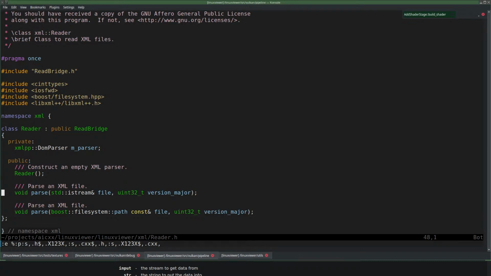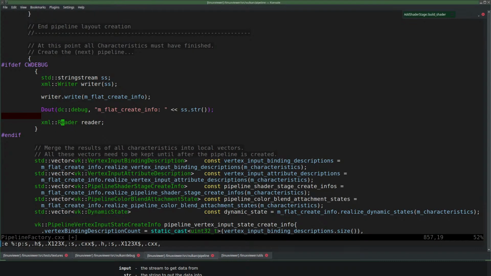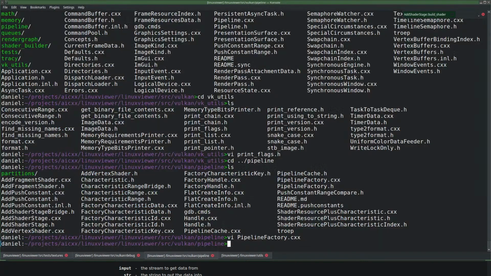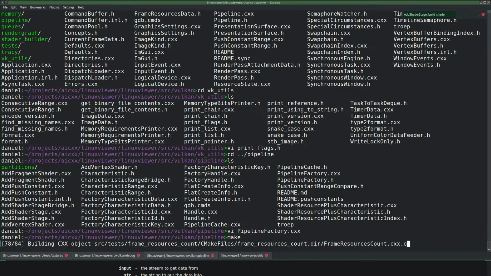I guess any iStream is okay. So iStream, comma version, parse. Reader parse, comma, well, my version is 0, of course. Yeah, that should read it, I guess.